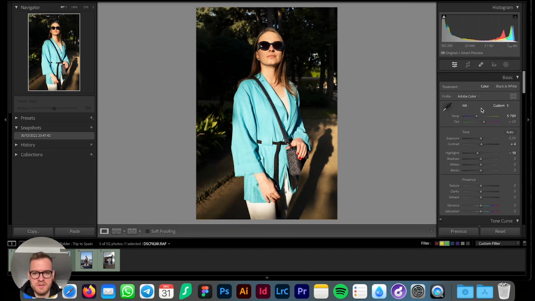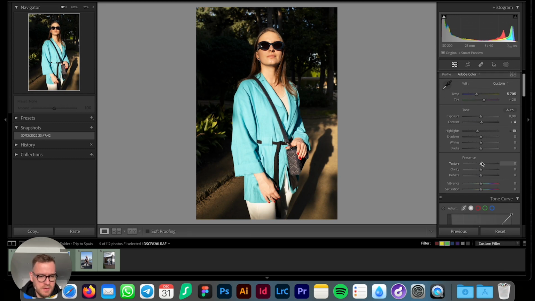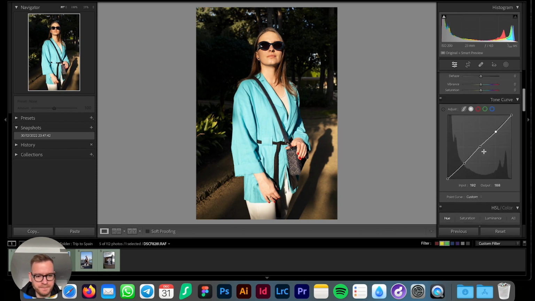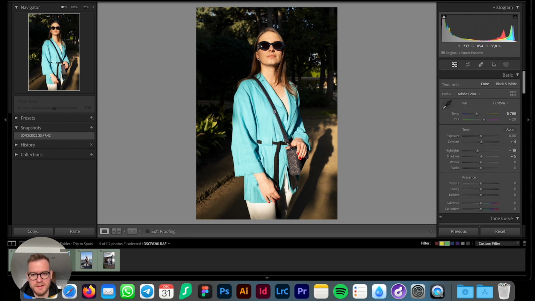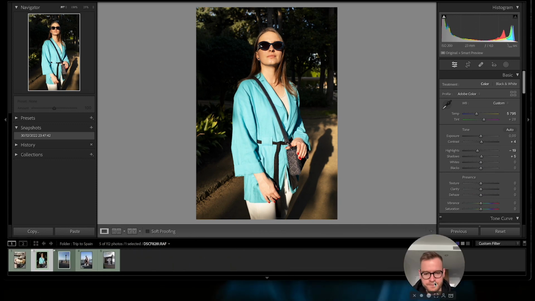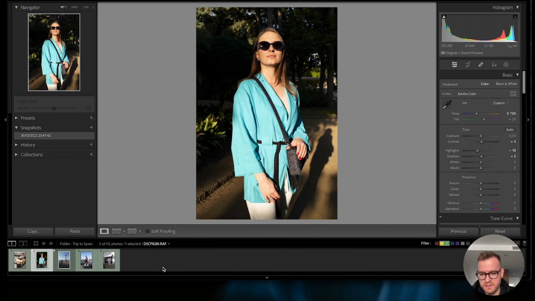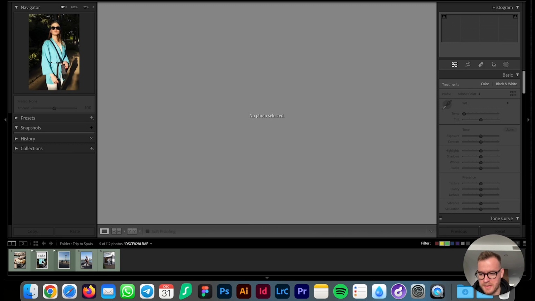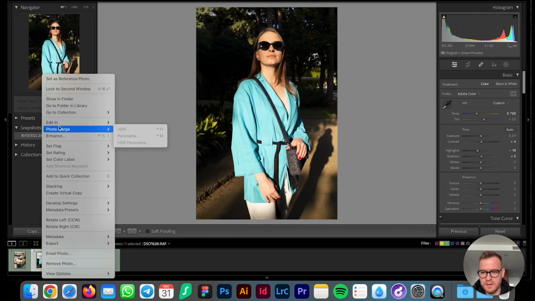Okay, I think this is fine. What else? Maybe increase the shadows just a bit. Okay, that's it probably. Okay, sorry, I'm just gonna move myself to the right side, because now I'd like to